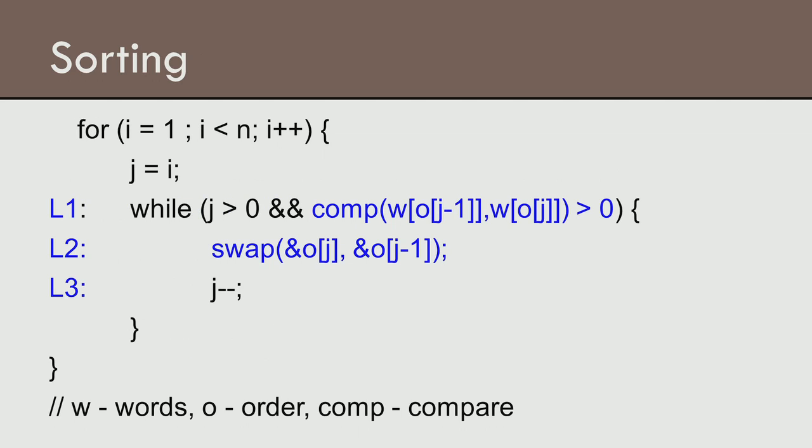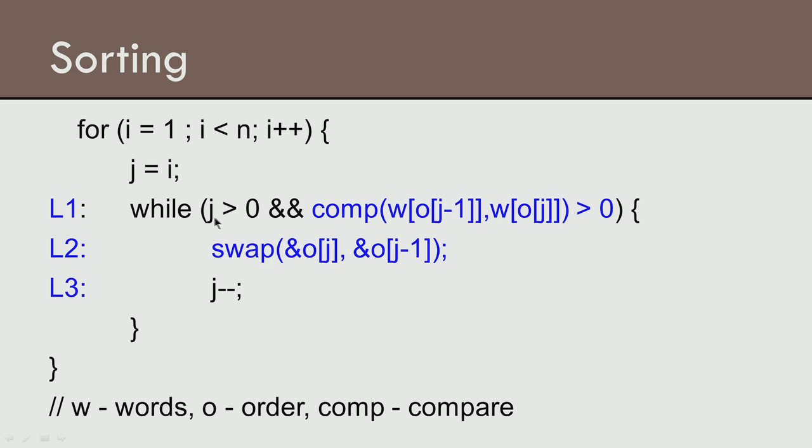So, now we go to the sorting algorithm itself. With the aim to use the space appropriately, we have taken a bit of a shortcut. Comp stands for the compare function which we talked about earlier. W is a shortcut for the words array, and O is a shortcut for the order array that we have defined earlier. So, now what we do, again like in insertion sort, there are two loops. The outer loop runs over the indices 1 to n,